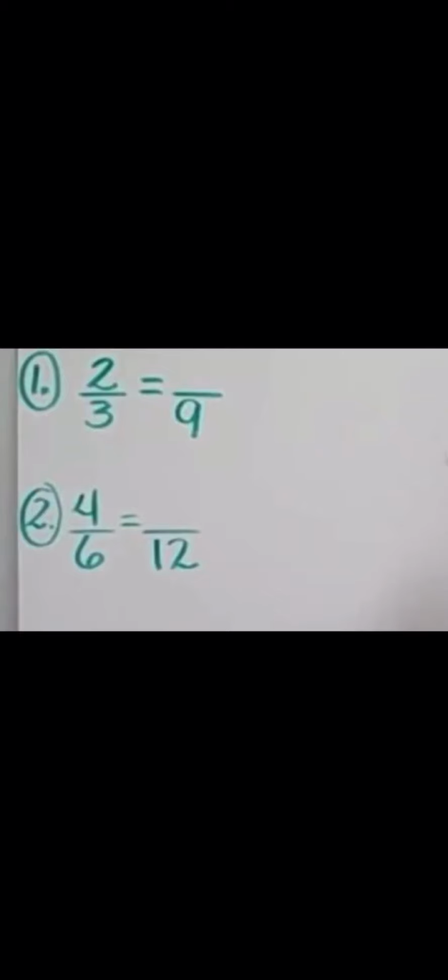Okay, let's see question 2. 4 out of 6 equals to what out of 12? Very nice. So as you see here in the denominator, the 6 changed into 12. So how it changed? By multiplying by 2. So if I multiply denominator by 2, I should multiply the numerator also by 2. So if you multiply the 4 by 2, you'll get 8. So my equivalent fraction is